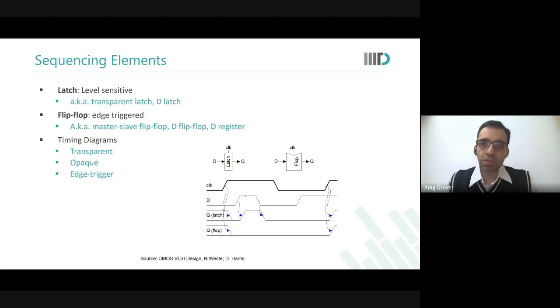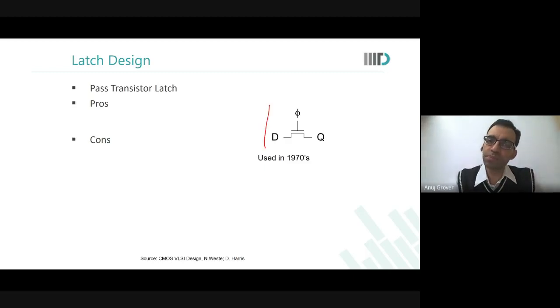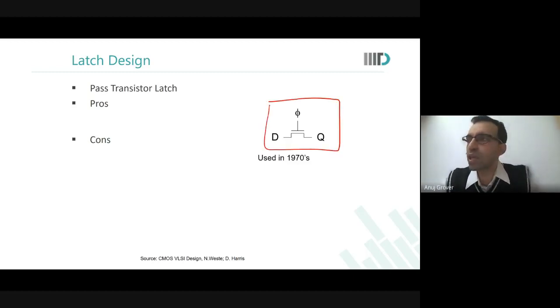Okay, so latches can be designed in many different ways. What is a latch? A latch is simply, okay, I will allow the data to be passed out or I will not allow. So a simple switch, a simple pass transistor can be considered to be a latch. If you just send clock to its gate, it's a latch, is it not? It's a switch. It will not allow D to pass through or it will allow D to pass through.